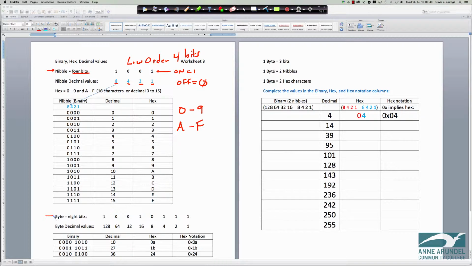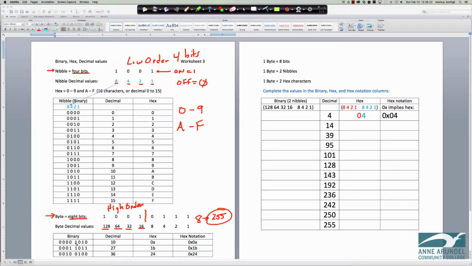And so then we have a byte. Remember that a byte is 8 bits, so it's 2 nibbles that are together. And as they continue to add on the second nibble, or the high order, think of high as the fact that higher numbers, 16, 32, 64, and 128, are added in, the numbers increase. And so in those 8-bit positions, when they're all on, the maximum value is